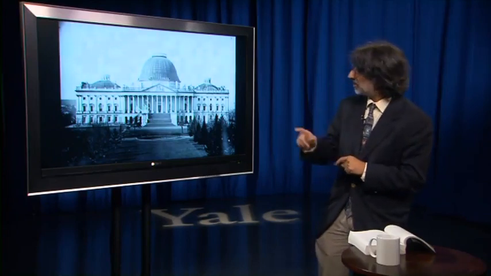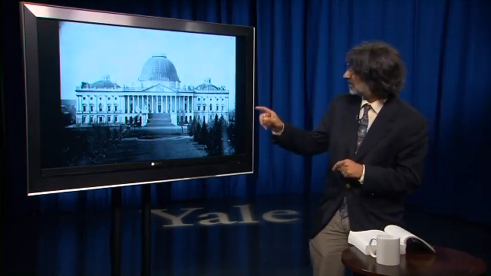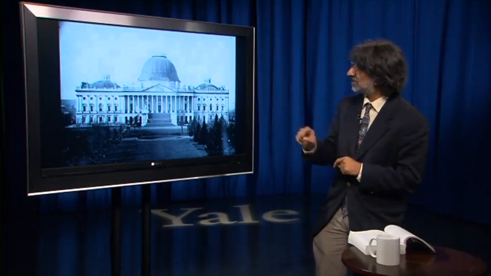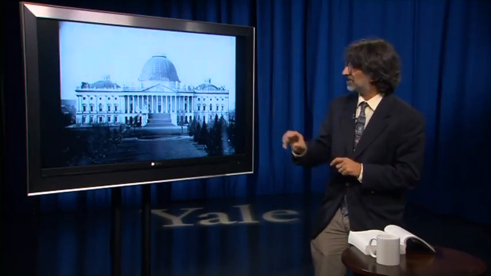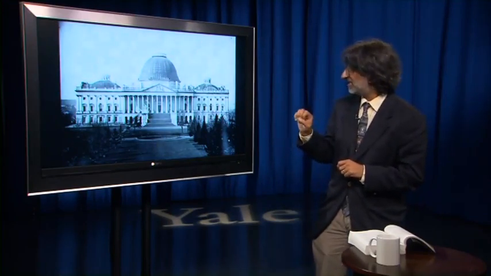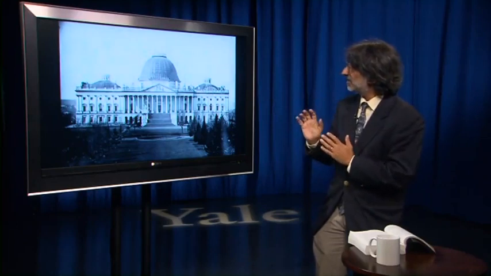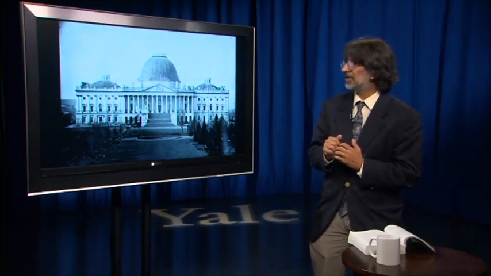And by the way, when we look at this picture, we see that there are two wings of Congress. It's going to be a bicameral body. There's going to be a House of Representatives and a Senate. That's different than the Articles of Confederation, where you had a unicameral body called Congress. Now, the Senate, in some ways, is going to look a little like the old Congress under the Articles of Confederation.